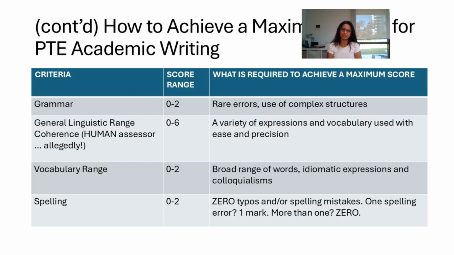and spelling. Now, in IELTS, grammar and general linguistic range is 1. Vocabulary range and spelling is 1. Okay, so it's just bullshit how they've just added all these extra criteria. None of them are actually, anyways. So, for grammar, no errors, and you use a selection and a different set of sentence structures such as